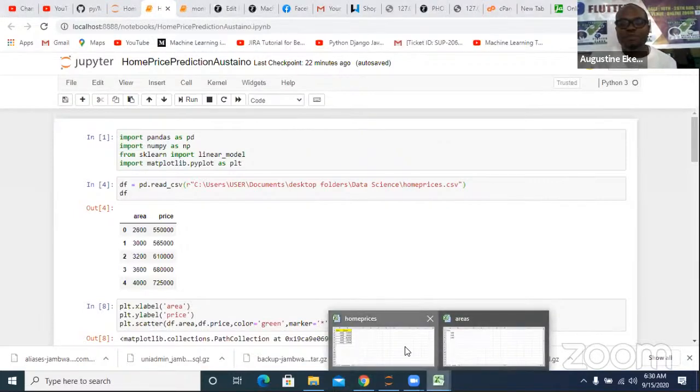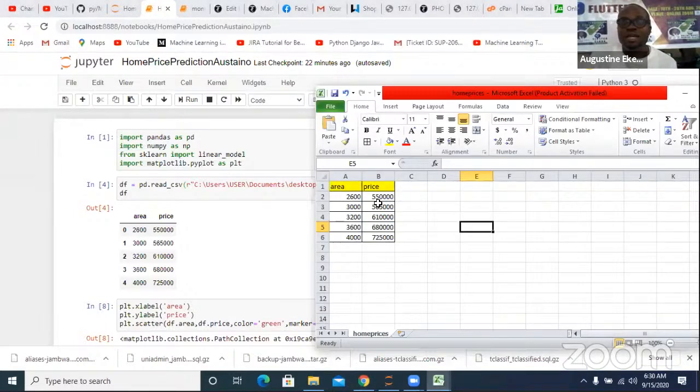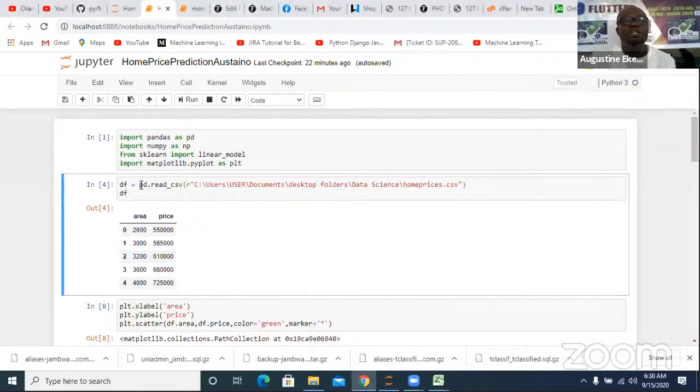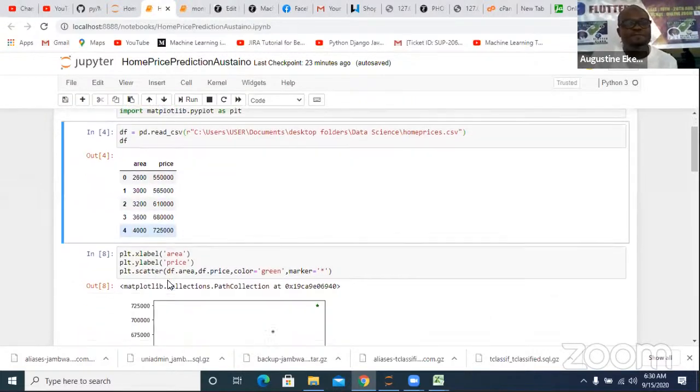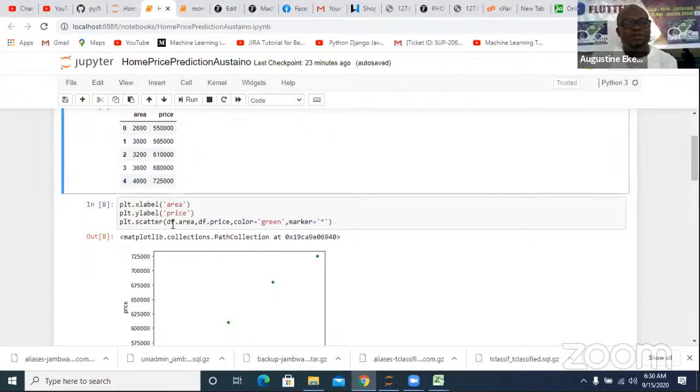And to prepare, you simply go to your what? MS Excel, type it out, and save it as a CSV file. Very, very important. So once you've read it out, you're not seeing it. If you want to see what you've read out, you simply mention that variable, which is df. That's when you can see this. So having done this, the next thing will be to plot